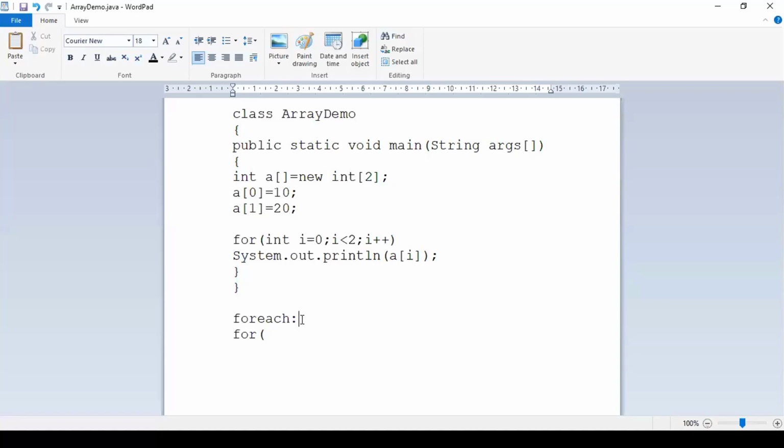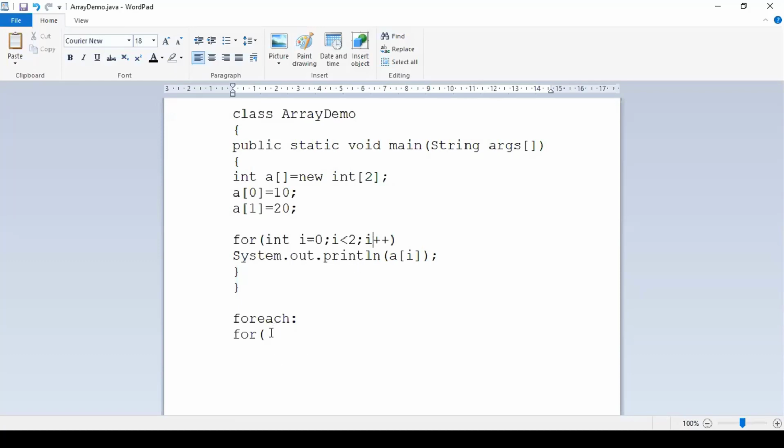Say for example, I have an array of size 2 and I want to print its elements. You have written int I is equal to 0, specifying that from index 0, I is less than 2, till that condition is satisfied or not. Every time you increment I plus plus, these are the things you clearly specify.